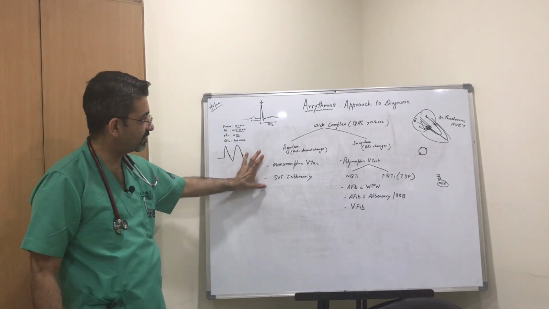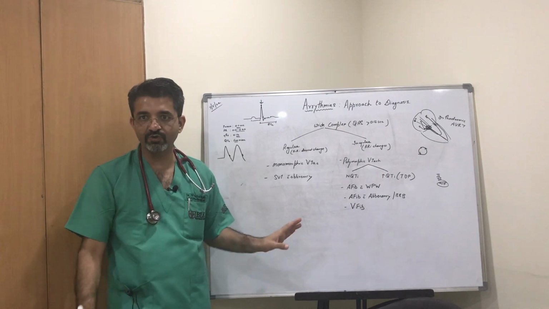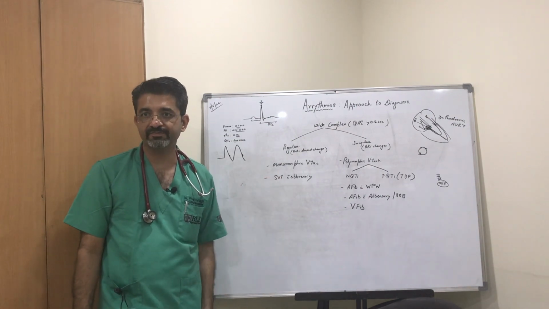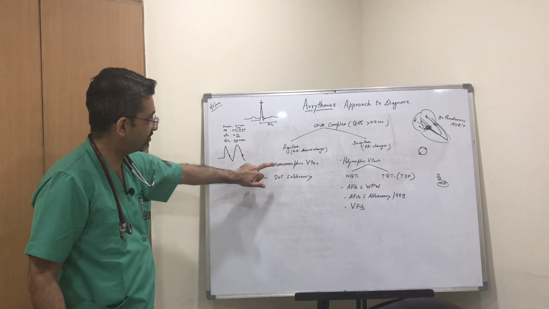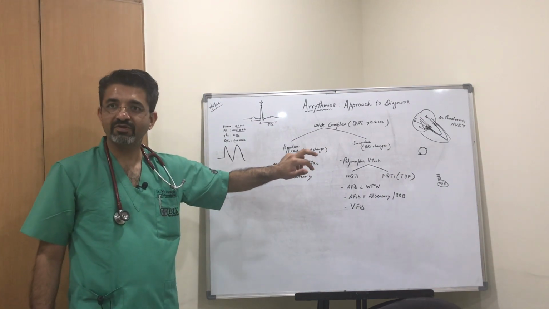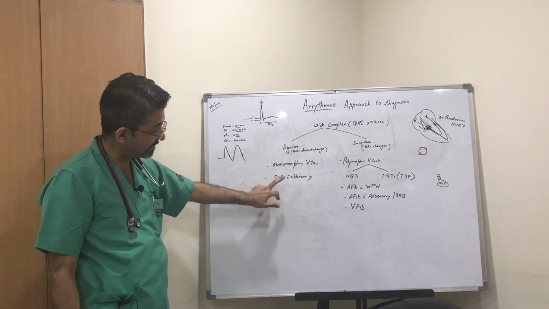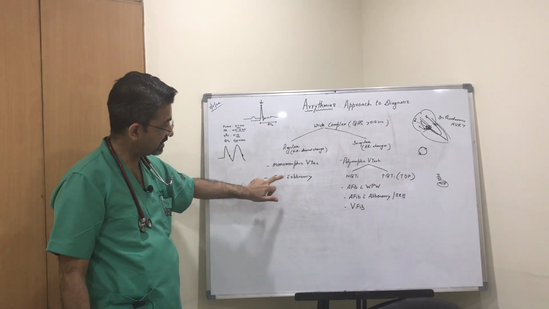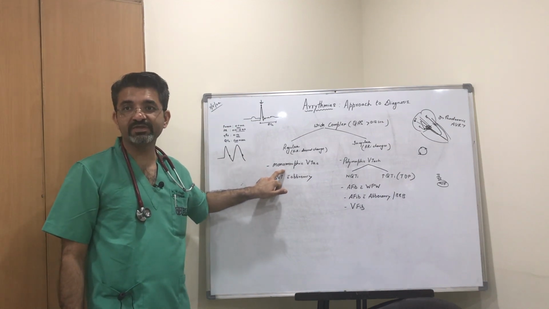Suppose we are unable to differentiate while looking at the ECG, we are not sure what it is. So how to treat? In SVT you use adenosine. In VTAC we use amiodarone and procainamide. Mind you, if you use adenosine in monomorphic VTAC, you lose the patient,